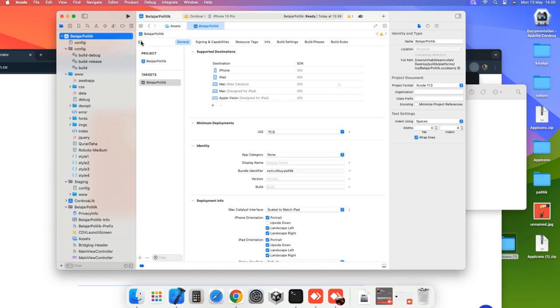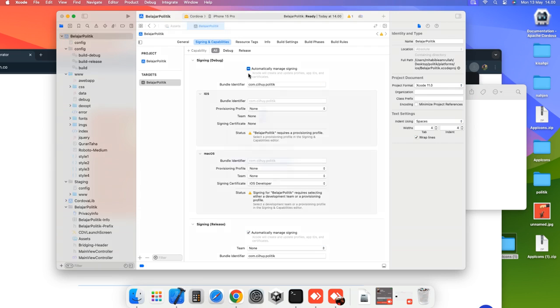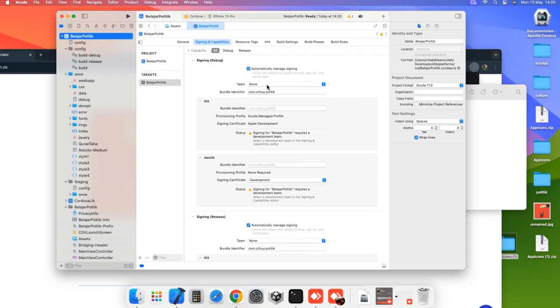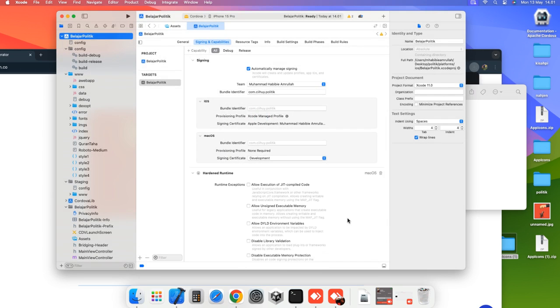Then we go to this section, signing and capabilities. Enable the automatic signing, choose the team and this one also, and the bundle identifier or the app ID, it should be correct.